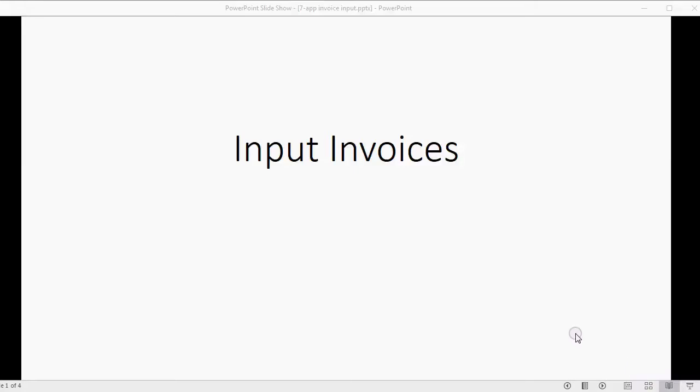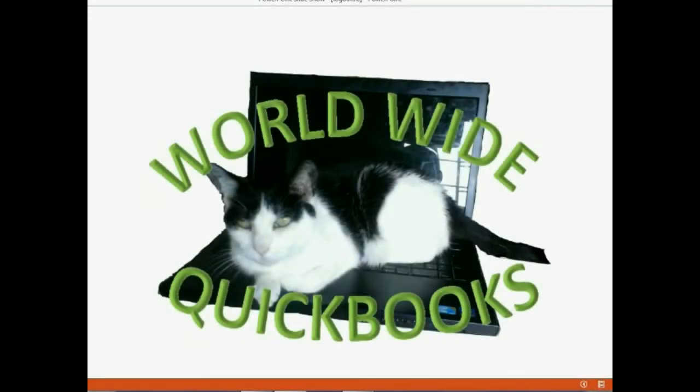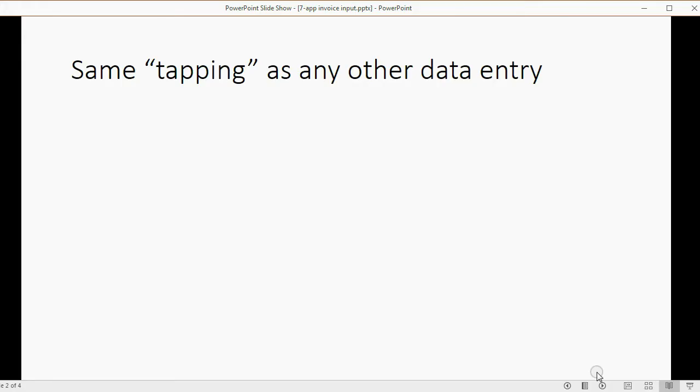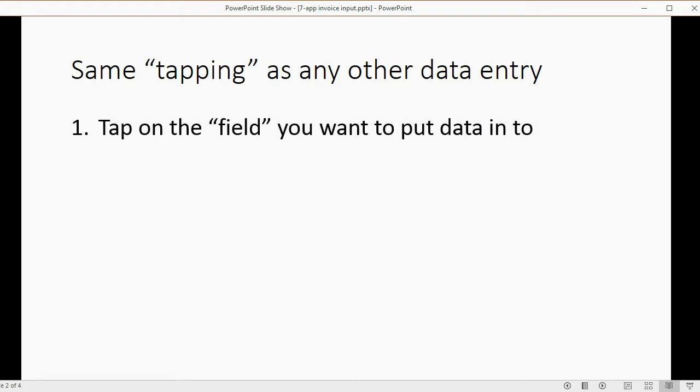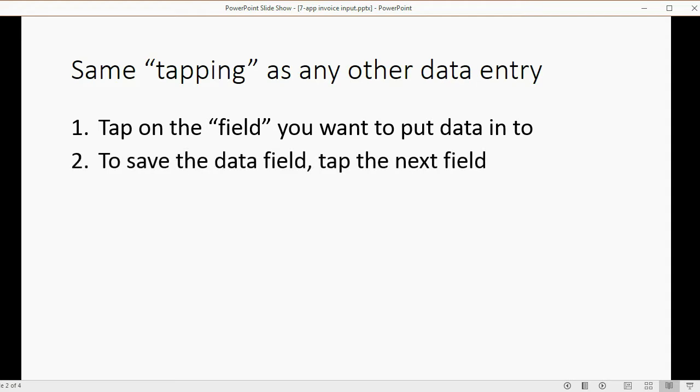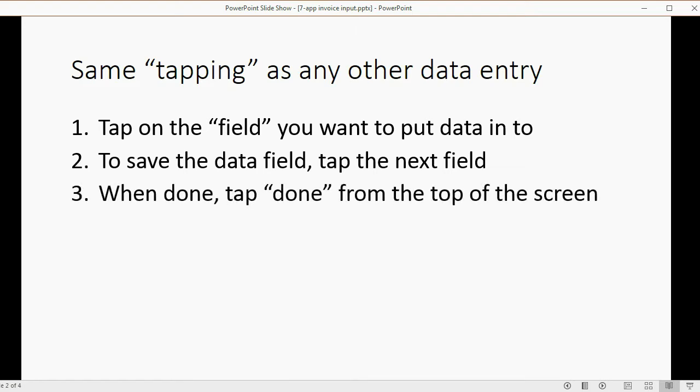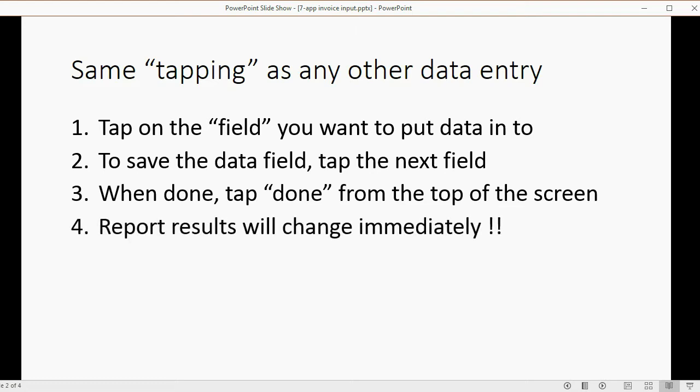And now we will learn how to put in invoices using your QuickBooks Online app. It's the same tapping as any other data entry that we've done in the smartphone. You tap on the field you want to put the data into. You save the data in the field by tapping the next field, which I will show you. When you're done with the whole invoice, tap Done from the top of the screen, and the report results will